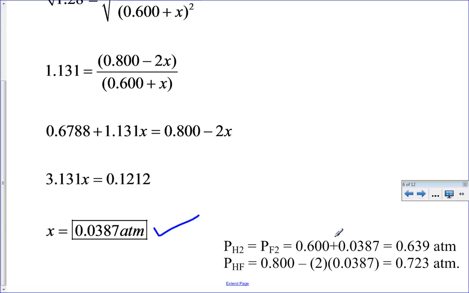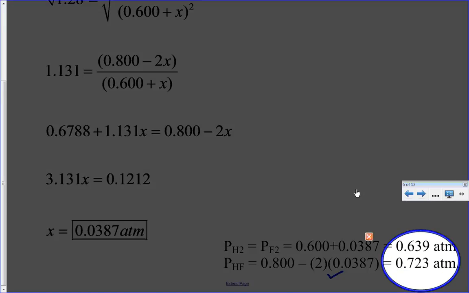and then I plug the value of x into my relationship, keeping in mind that now it's plus x for the reactants and minus 2 times x for the products. So here I have my answer. There's the second point,